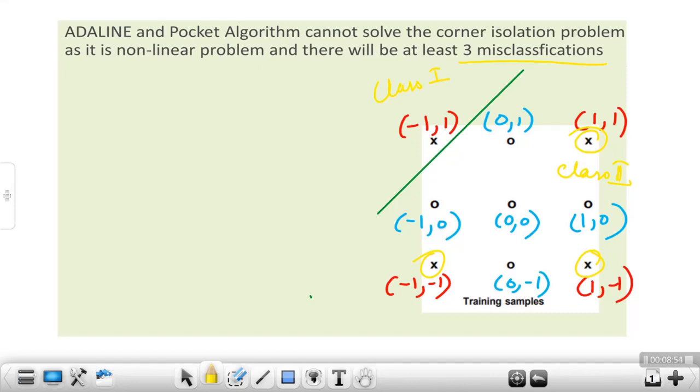So again 3 patterns are misclassified, as you can see. So what you can say is that if you use Adaline or a simple neural network